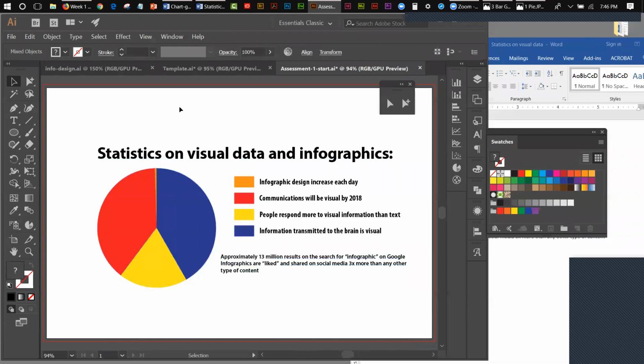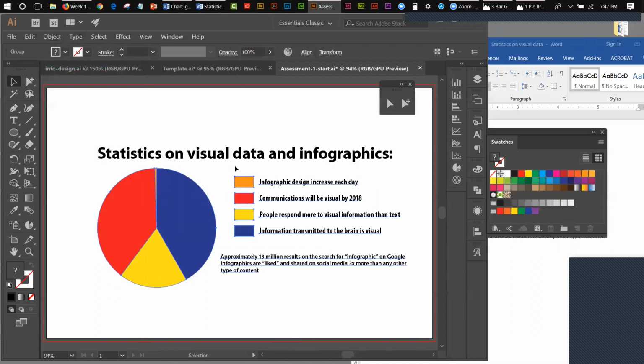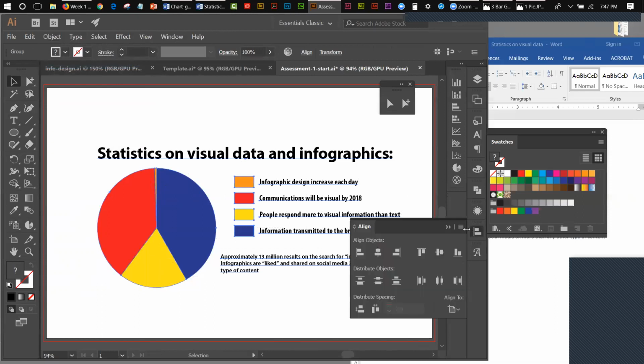This has been modified, and it is no longer a graph or a chart. So I now have the ability to take these elements, and I'm going to start playing with the elements. So let me select all of this to begin with, and let me just go Object Group, and I've grouped that. And then I'm going to just click on this, hold the Shift key down, click on this, go to the Align panel, and since this whole thing down here is grouped together in one piece, and